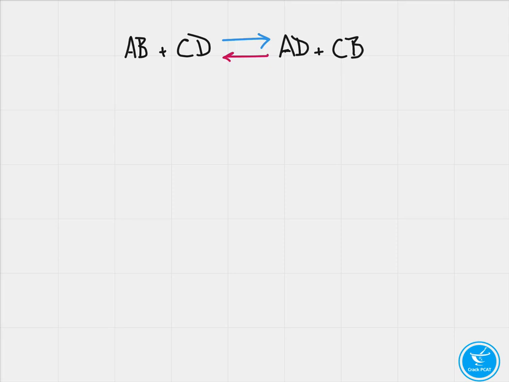This driving force favors one direction so much that the extent of the reverse reaction is so small that it's really impossible to actually measure. This driving force is the change in free energy that accompanies the reaction, and it is an exact measure of the tendency of the reaction to go to completion. When standard state delta G is very large and it has a negative sign, the reaction may go to completion in the forward direction. If standard state delta G has a positive sign, the reaction